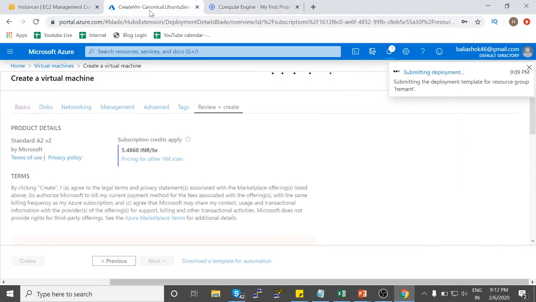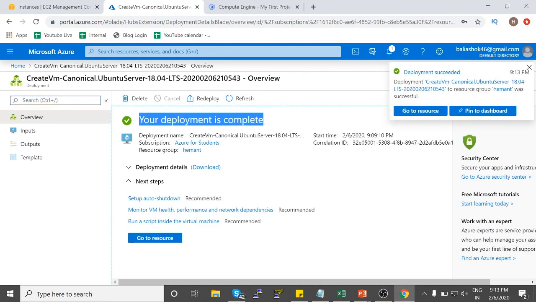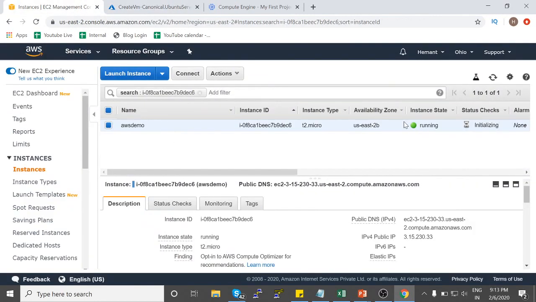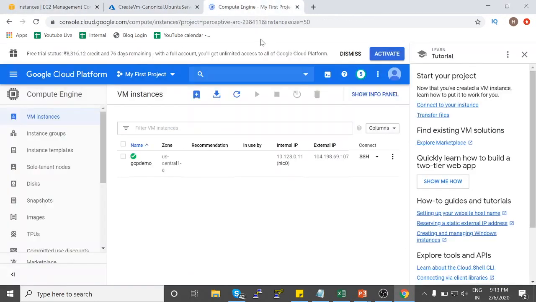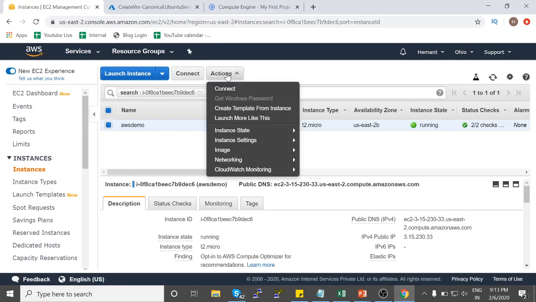Now our next question is how to connect to all these servers, right? So as you can see, my Azure server is now deployed, my AWS is deployed, and my GCP is deployed. Now let's try to connect to these. So let's say I want to connect to this Ubuntu server. I'll just have to click on actions, click on connect,